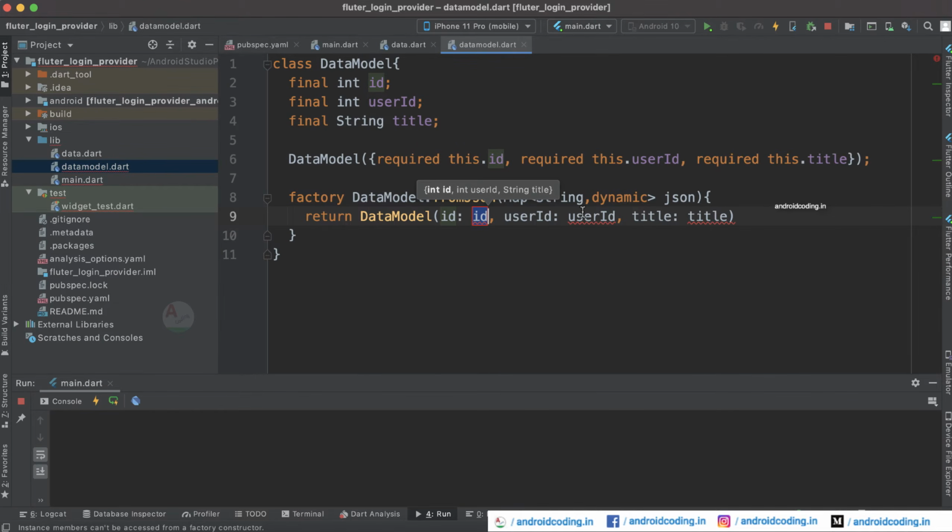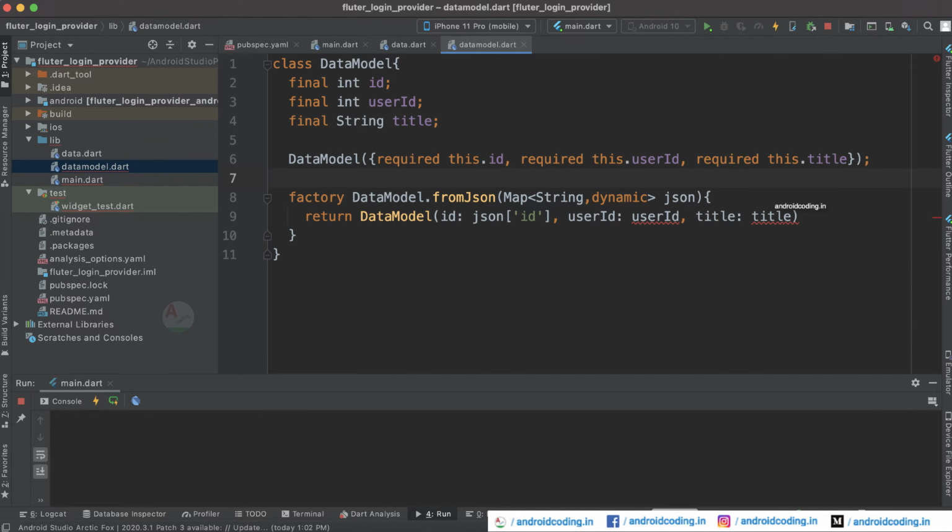Here you can see all our fields are appearing, so we need to assign the data. With the help of this JSON object, you need to fetch id. So not directly, you need to specify id. So what is this id and why are we making use of JSON here?